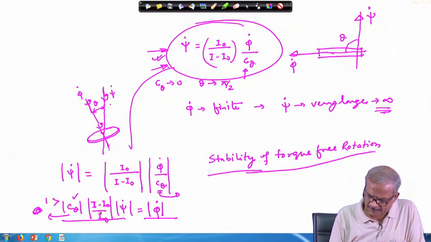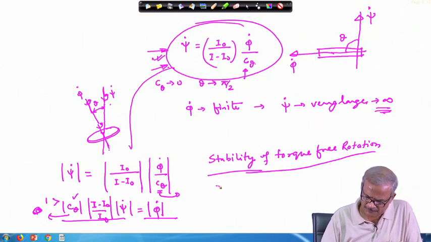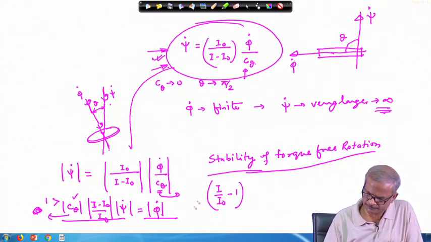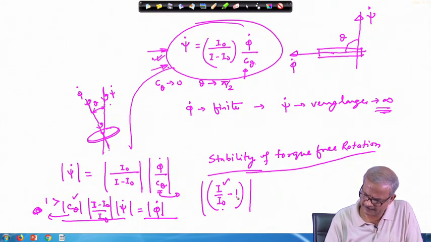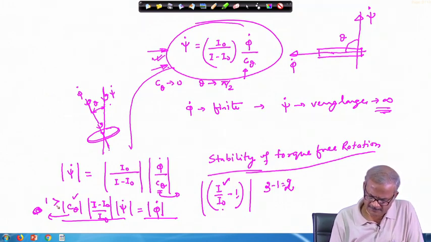What about this quantity? Now, if I is greater than I0, this will be greater than 1, and from there you can subtract this 1. Now, how much greater will it be? It depends on the magnitude of I. Say I by I0 is 2. So, this is 2 minus 1 equal to 1. If it is 3, then 3 minus 1 will be equal to 2. So, this quantity is always less than 1, and this quantity depends on the magnitude of I by I0.